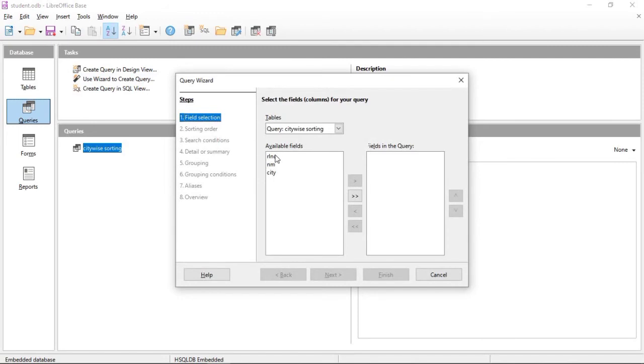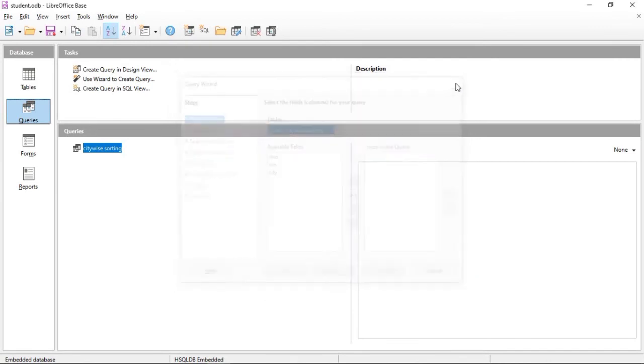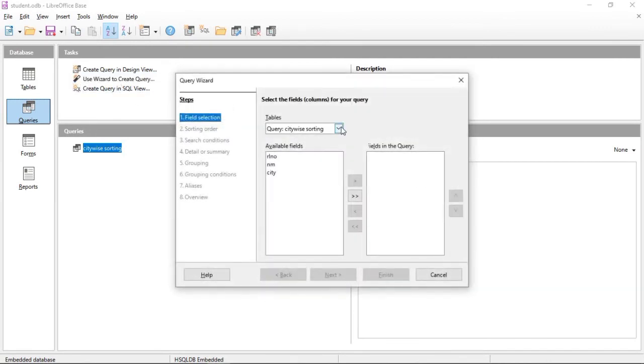Again we have to select the fields. The table is the student table. If we want roll number, then name and marks.